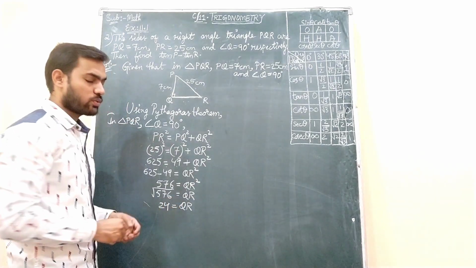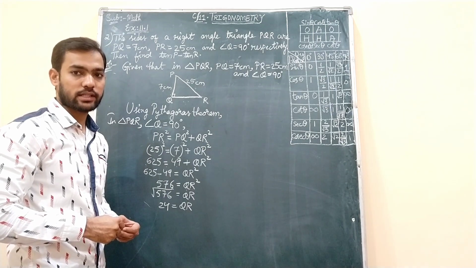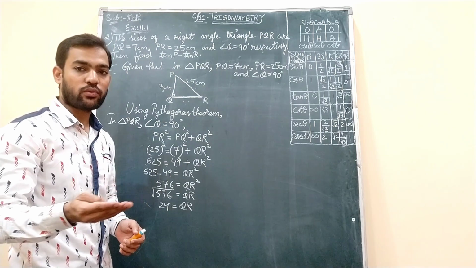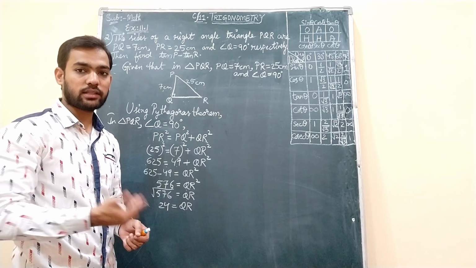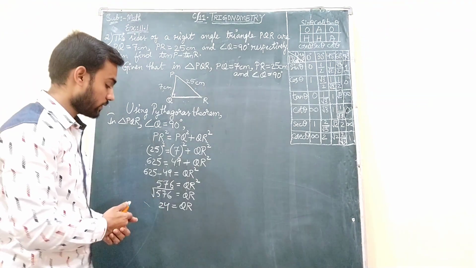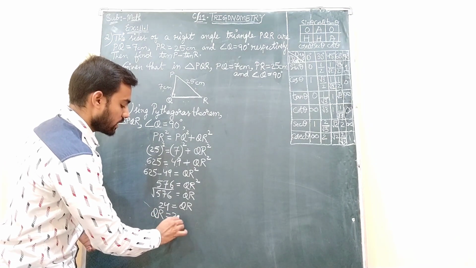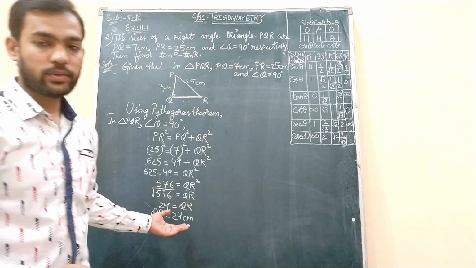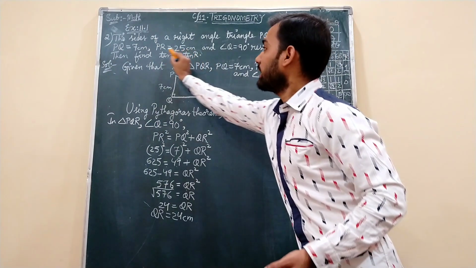Square root is nothing but if you multiply 24 into 24, you will get 576. That is the reason the square root of 576 is 24. We say the square root of 4 is 2 because 2 twos are 4. The square root of 9 is 3, 3 threes are 9. So similarly, the square root of 576 is 24 over here. So we got our last side of the triangle, that is QR is 24 centimeter. Now, as we got all the sides of the triangle, we can proceed for our finding part.